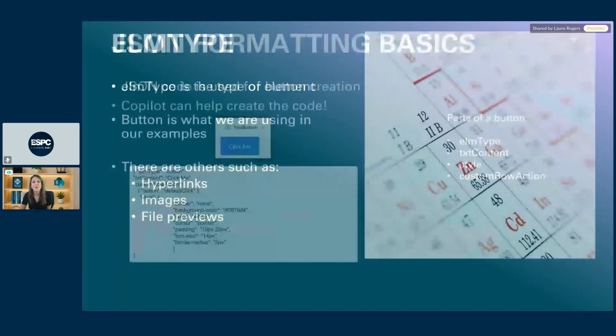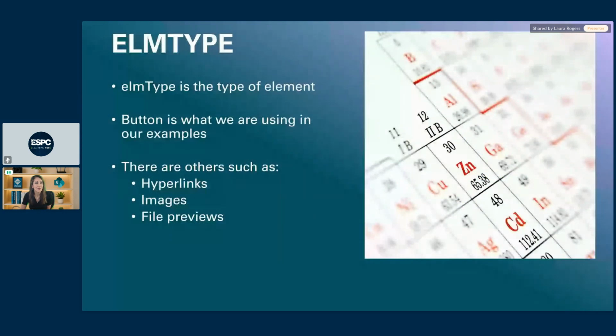So first of all, the element type is going to be the type of element. Button is what I'm going to be using in these examples today, but you do have a few different ones available. As you can see here, you have hyperlink, images, and file previews. These are just different types of elements. If you wanted it to be a hyperlink, that means you would want to link them to open something completely different.